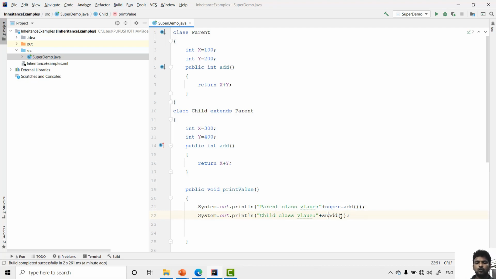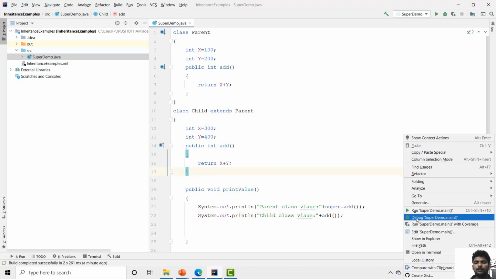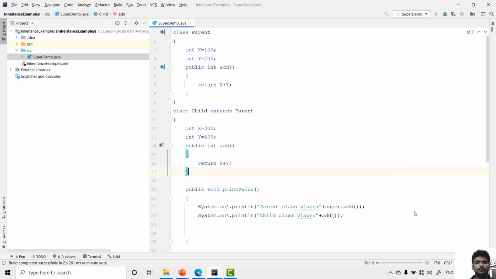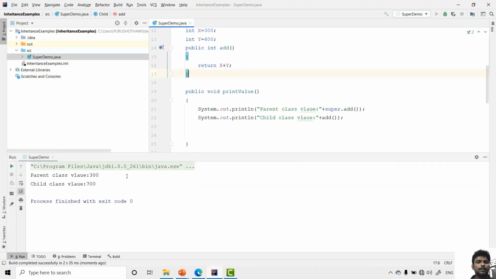No need to call super here. Now if you run this program, it will print the parent class value of 300 and the child class value of 700.